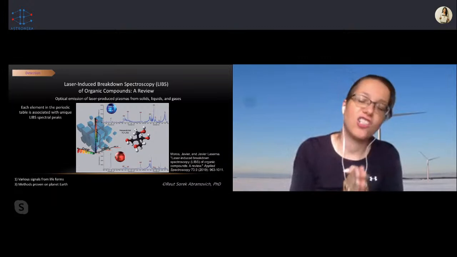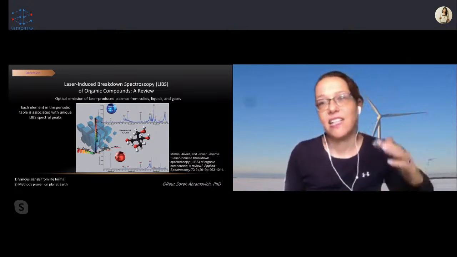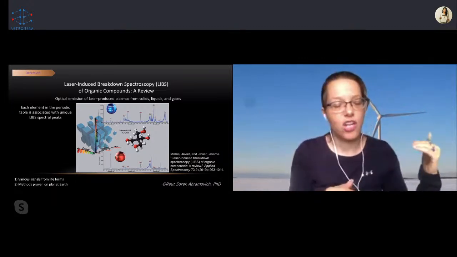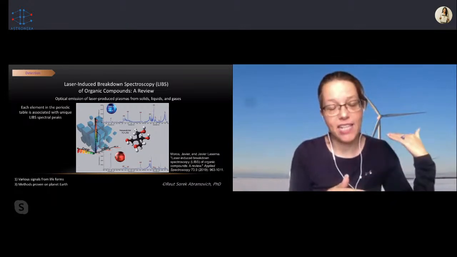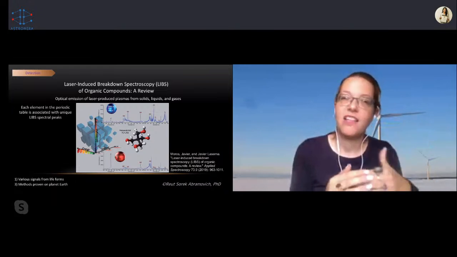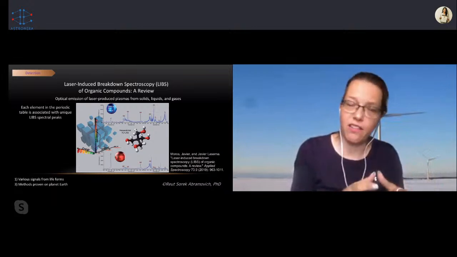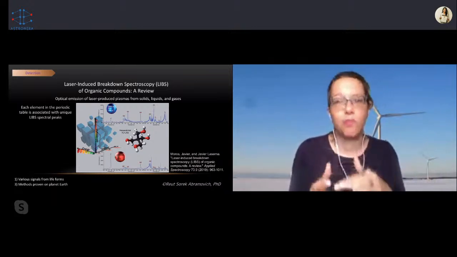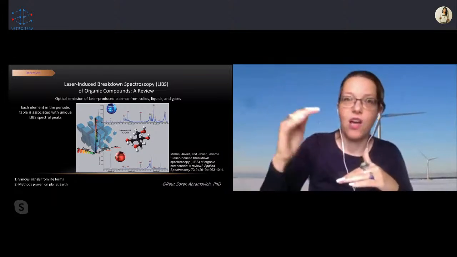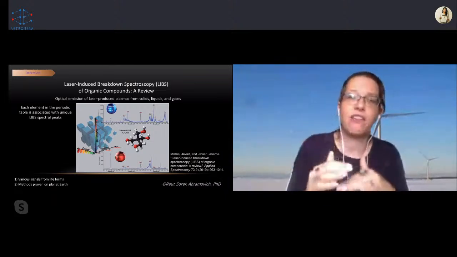You charge the laser, you produce the plasma, and as the plasma cools down, there is a process in which the plasma is absorbed. If you have a molecule which has certain atoms in it, then the atoms, due to their number of electrons, can absorb certain wavelengths. They absorb what they can from the plasma, and the remaining wavelengths are transmitted out. This pattern that is transmitted out is very characteristic. Water has a very characteristic